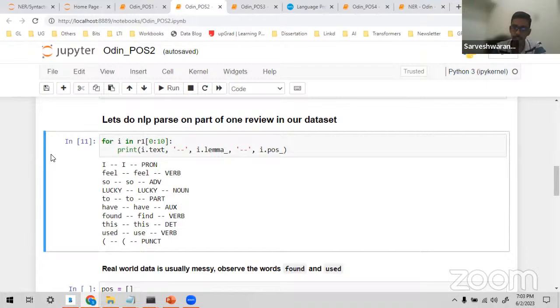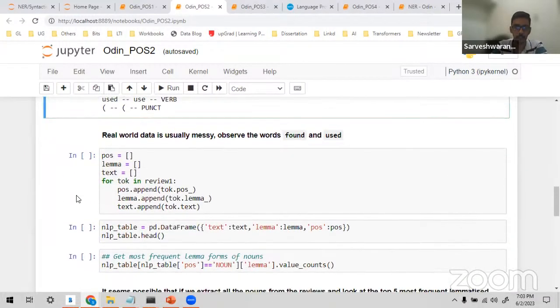And lemmatization is another technique. It makes use of the part of speech tag, and on the basis of the part of speech tag, it converts the extended word to its lemma. Okay, so one more thing that we have done here is lemma conversion. Okay, now let's see.